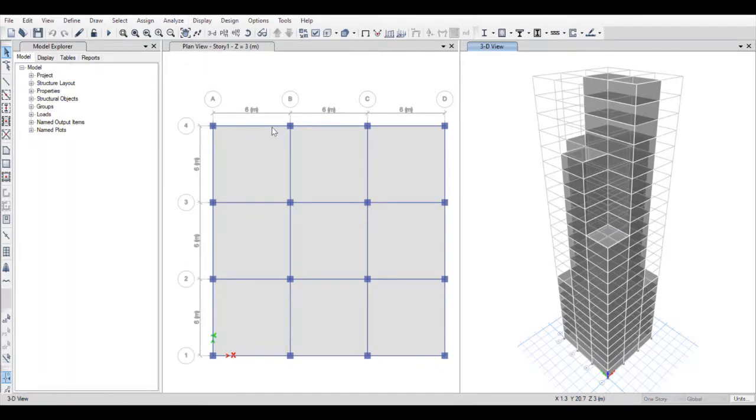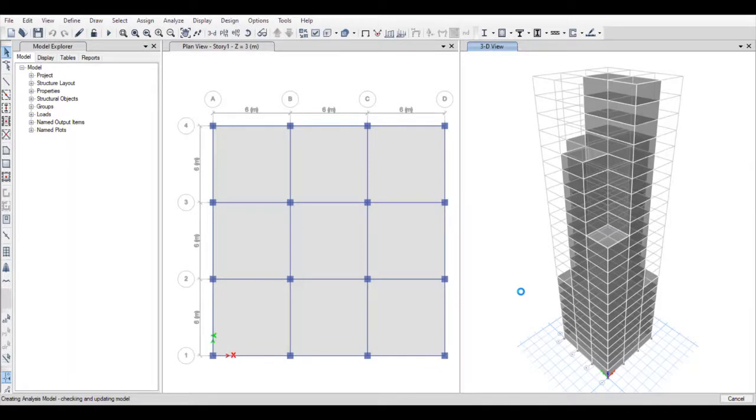Now go to analyze, and in the analysis menu go to set load cases to run. So guys, as we are designing the building for the seismic load, we don't have to consider the dead and live load. So we can put do not run on dead and live loads, and you can see the response spectrum function and the seismic function should be put on run.